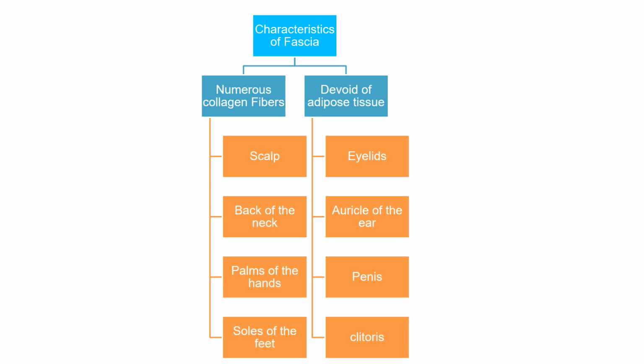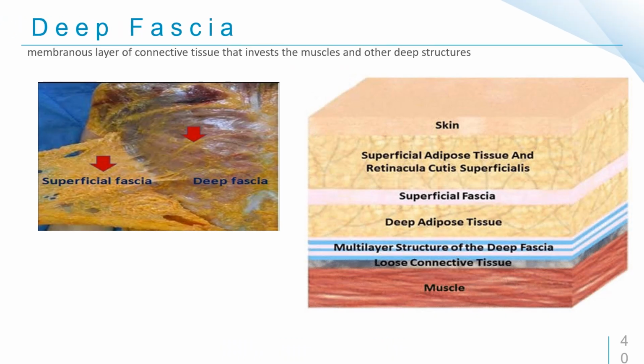In the scalp, the back of the neck, the palms of the hands, and the soles of the feet, it contains numerous bundles of collagen fibers that hold the skin firmly to the deeper structures. In the eyelids, auricle of the ear, the penis and the scrotum, and also the clitoris, it is devoid of adipose tissue, obviously. The deep fascia is a membranous layer of connective tissue that invests the muscles and other deep